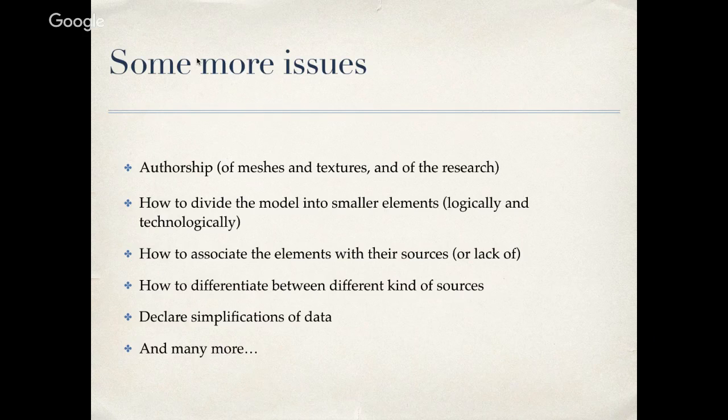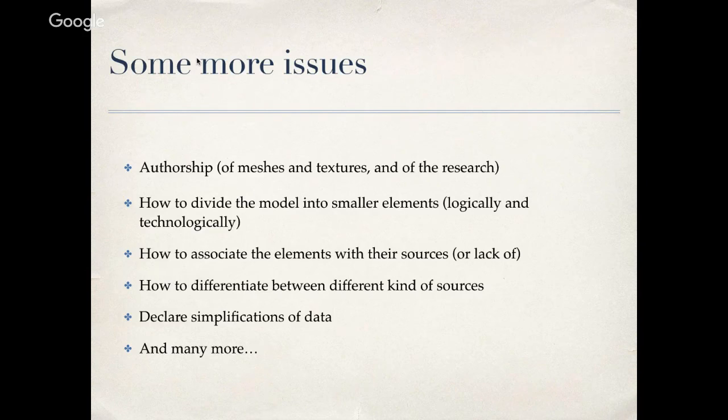For example, authorship. There are various components that make a 3D visualization. We have the actual mesh, I mean, the model, but we also have the textures and the lighting, and we have the research. And not always is the same person that carries out the research and then does the model. So we need to attribute authorship, but also we cannot attach all the information to the file, because that wouldn't be very informative. Maybe we need to attach our provenance information to smaller elements in the entire model,